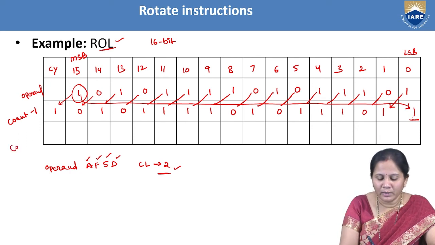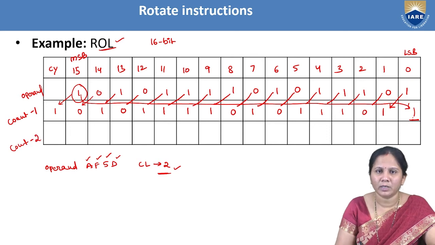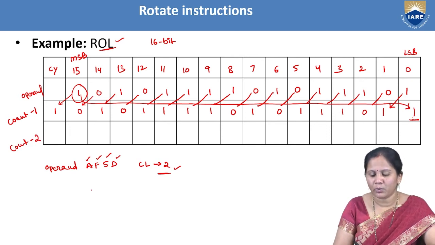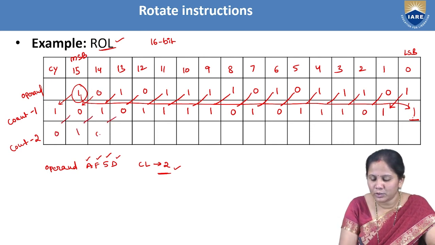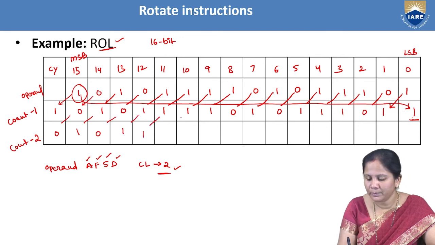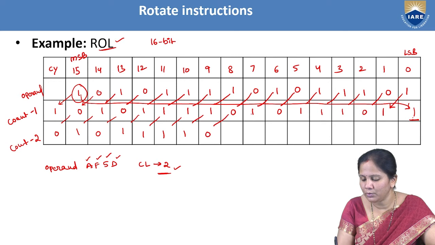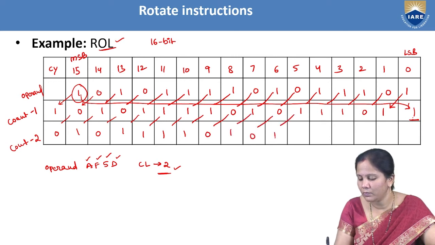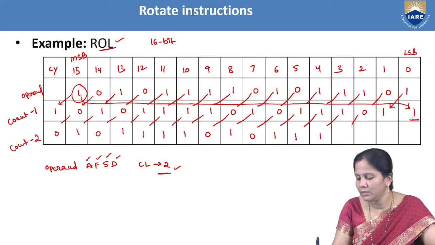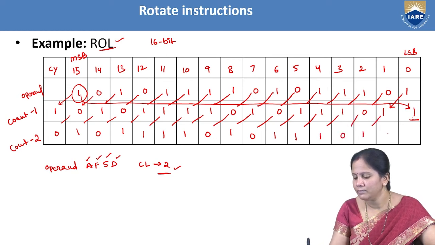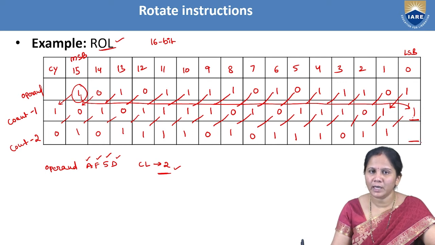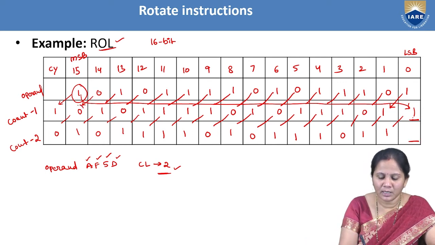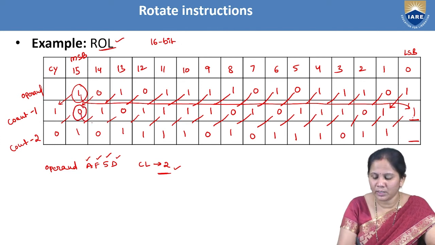Now, when the second counter is operated, again this is rotate left. So here 0 and 1, 0. So this is 1, 1, 1, 1, 0, 1, 0, 1, 1, 1, 0, 1. Okay, and here this is 1, and here it is a vacant bit. So this vacant bit should be filled with the MSB bit. So here in this case the MSB bit is 0. So here it will be filled with